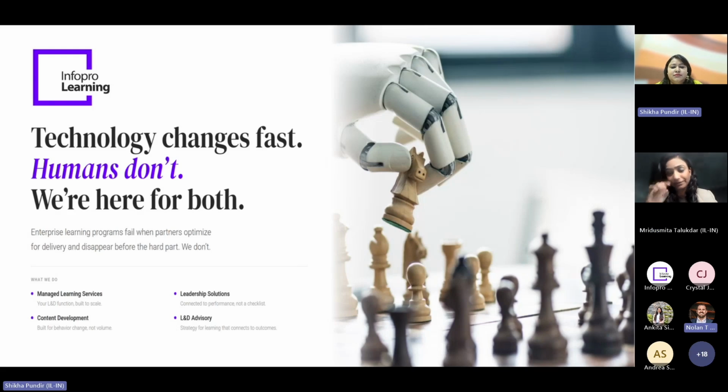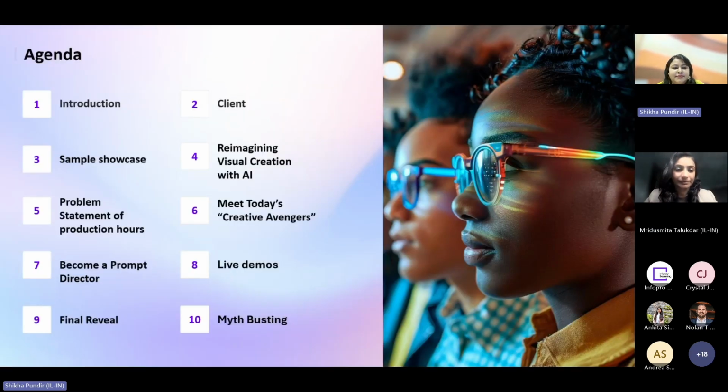Shika, let's go to the next slide. A little bit of the agenda. You can see we have a packed house. We're going to really try to get into as many examples as we can. We know that talking in theory doesn't always work, especially with these things. You want to actually see how it's being worked, how it's being done. So we're going to focus a lot of our time today on showcasing the work that we've developed using AI and actually even showcasing how we use the tools. At the end, we have a very interesting section called myth busting, which is going to cover some of the more common myths that we hear when we talk to clients about leveraging AI.